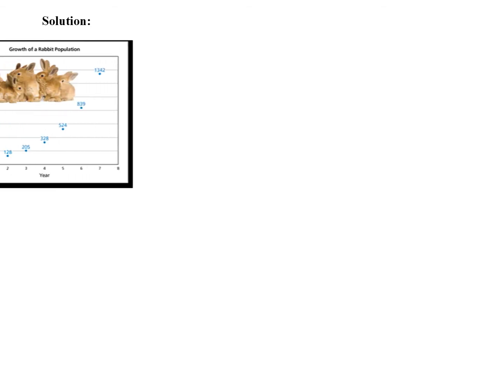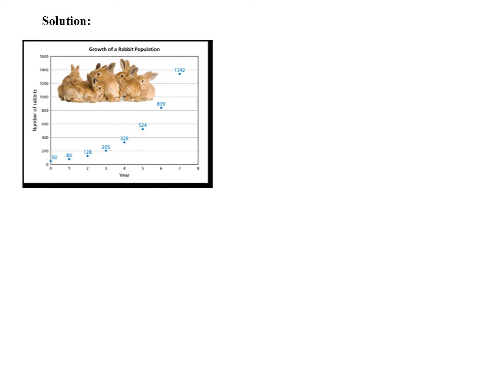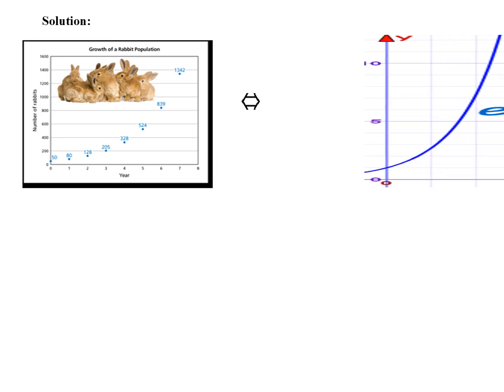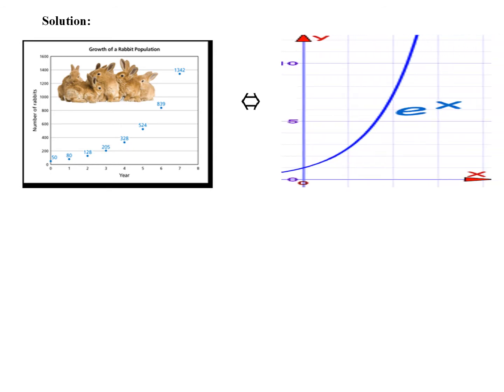So there are two patterns here. The first one is before the rabbits got affected by the wolves, it was enormously increasing like this. Now look at this pattern of the growth of the rabbit population. Can you identify the graphical representation of this? Yeah, it is equivalent to the exponential growth. If you observe, it keeps on increasing. There is no decrease anywhere. So it is exactly the same pattern as your exponential graph. It is e power x.